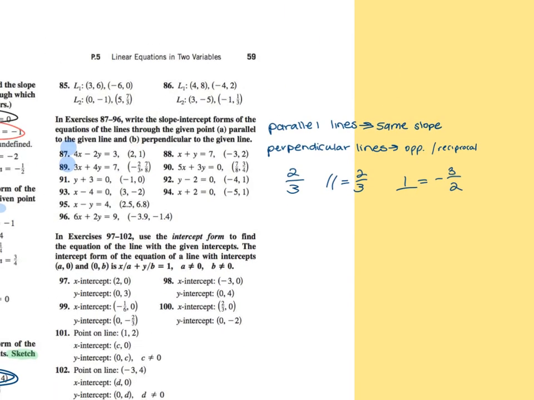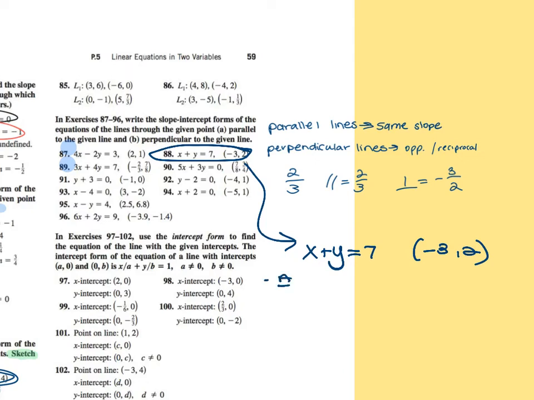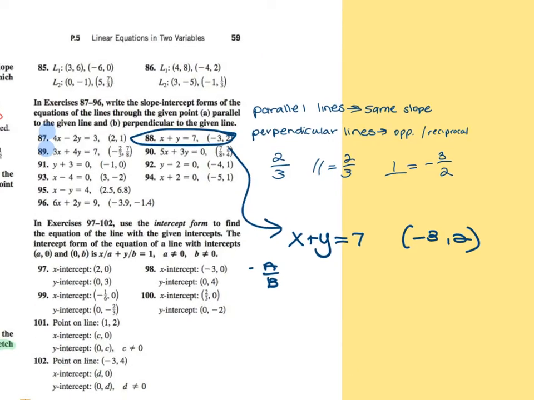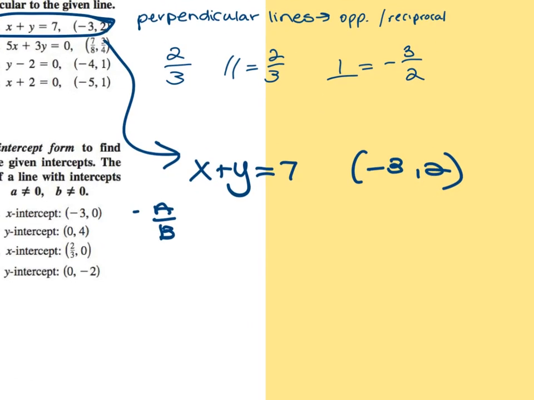So for 87 and 89, it says to write the slope forms of the equation of the line through the given point. That is A, parallel to the given line, and B, perpendicular to the given line. So I'm going to focus on 88. So the line that you're given, the only piece of information you need from that is its slope. You can either solve it for y, or you can use the shortcut that is -a over b. So obviously it's a shortcut for a reason. I would advise using that one. If I look at this equation and I do -a over b, a is here and b is here, that's -1 over 1. And so I know the slope of this line is -1,